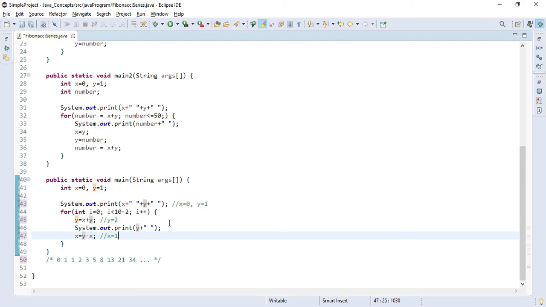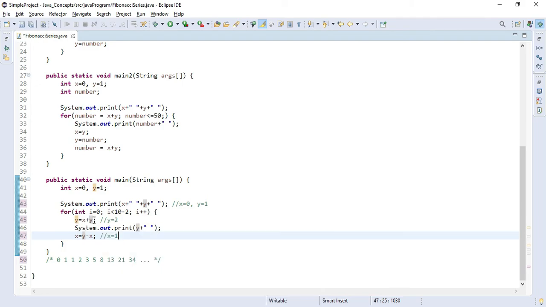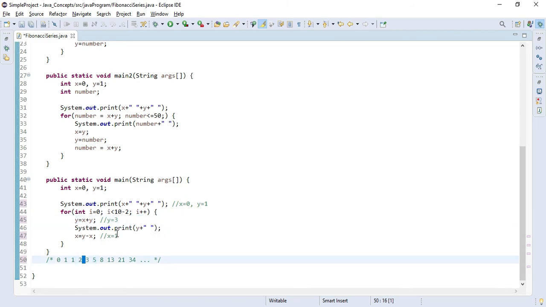And once this loop will be completed for the value of I equal to 1, now the value of I will be 2 and the value of y will be x plus y, and that will be 1 plus 2. It means it will be 3. So it will print 3 and we will get our fifth value of Fibonacci series. And after that we will need to take care of value of x, and that will be y minus x.